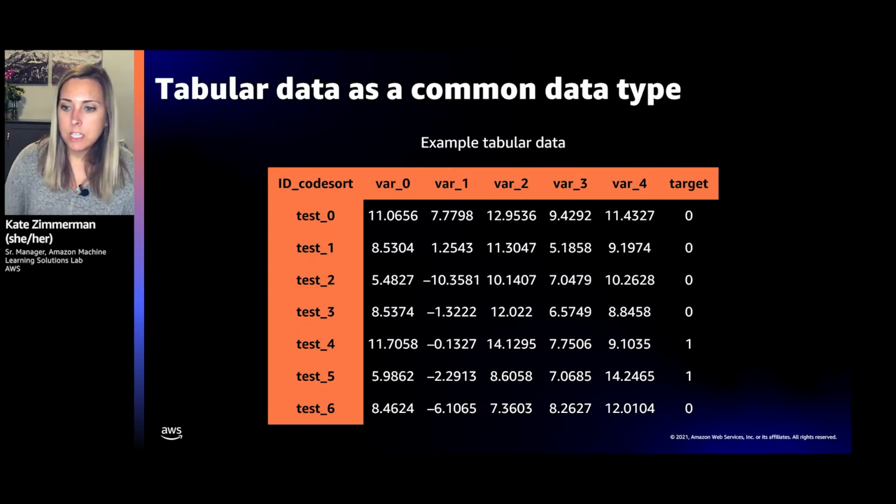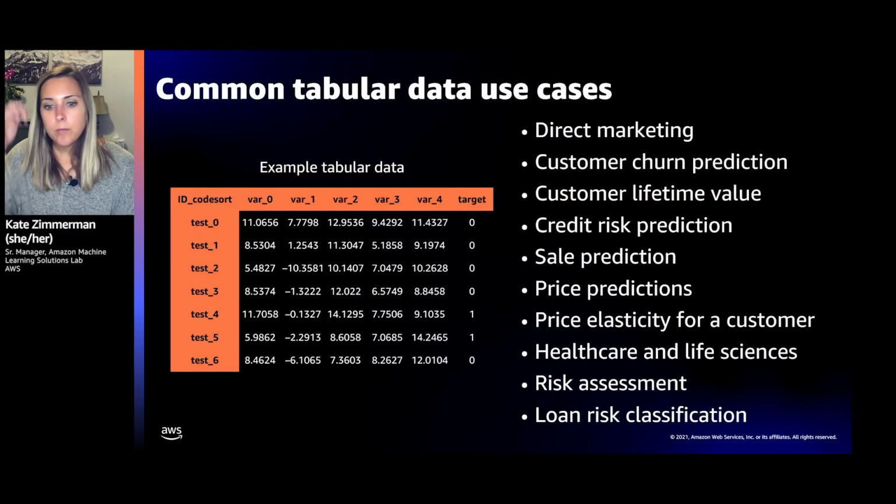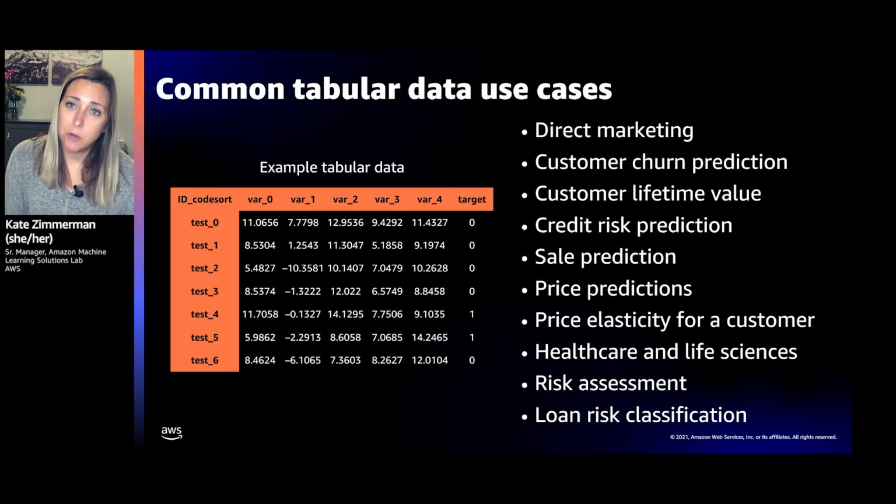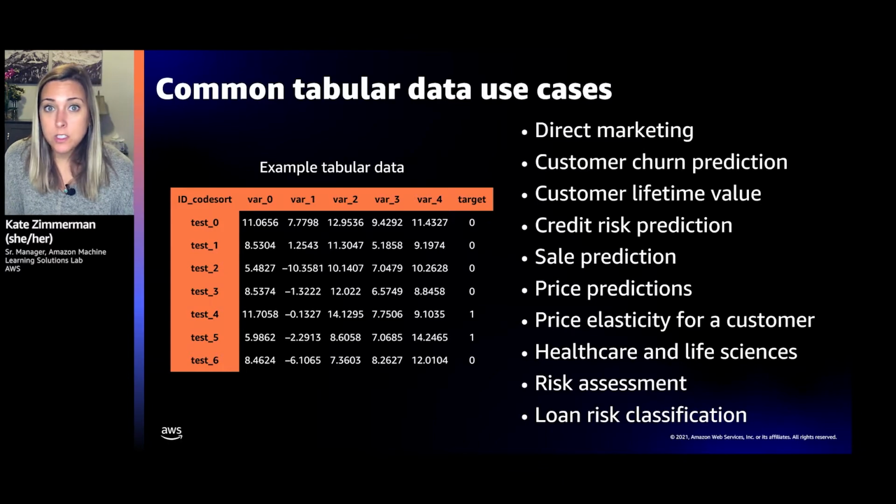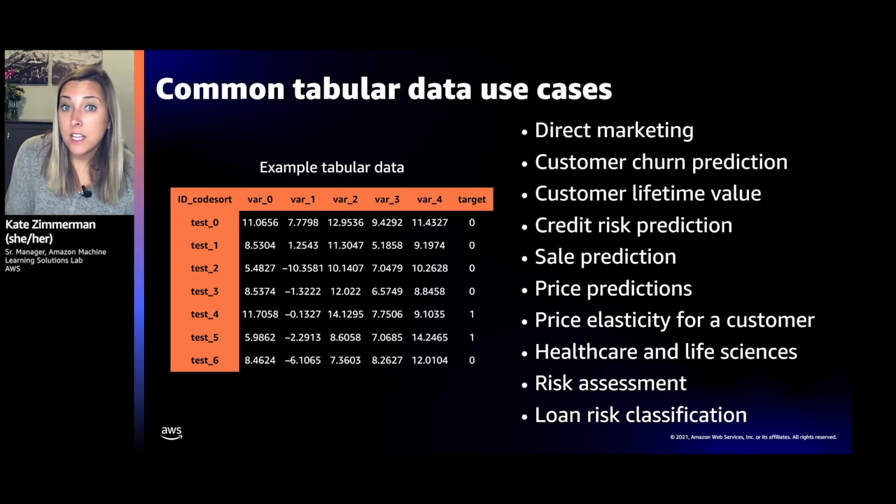And the target column is basically letting us know which elements of the rows here are what we're trying to predict. So to give you some examples of use cases, direct marketing, customer churn, I actually did a demo on this last year at re:Invent. With customer churn, we had a bunch of information about the different customers in the spreadsheet. So we knew things like where they're from, how long they've been a customer, how frequently they're using the service. So we had all that data captured into a spreadsheet. And then our target column in the customer churn use case was a 0 indicating that the customer stayed with the company and a 1 indicating they churned or went to a different provider. So that's what we're trying to predict, right, is the churn.